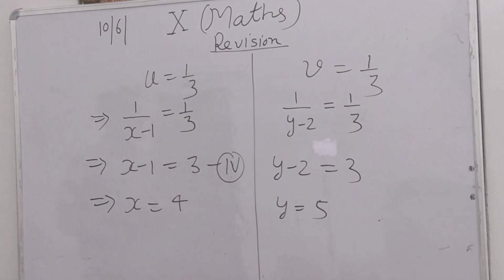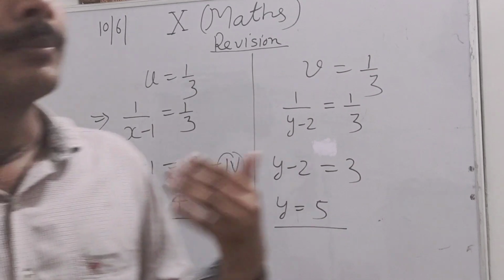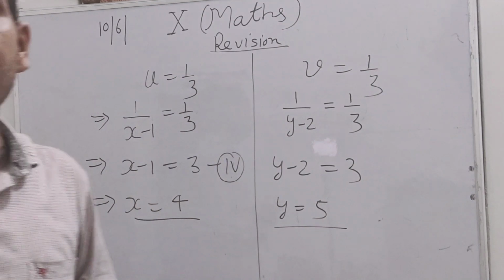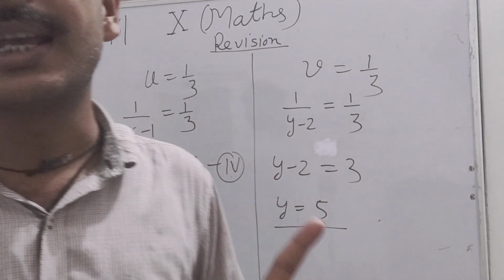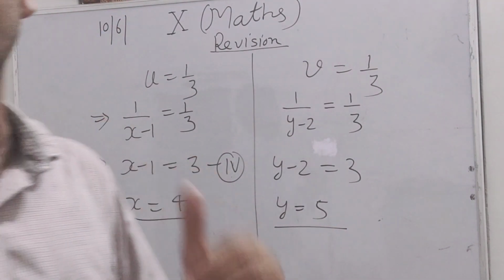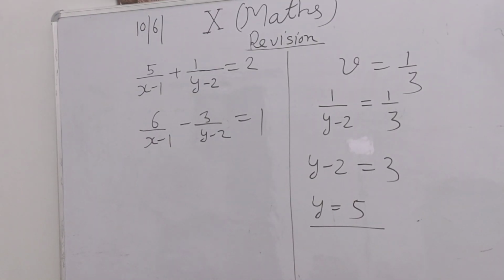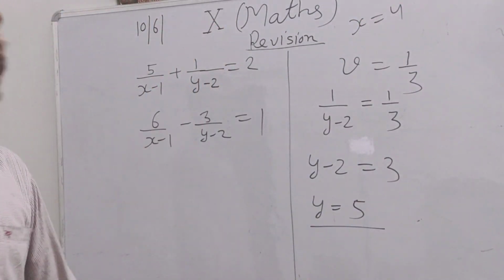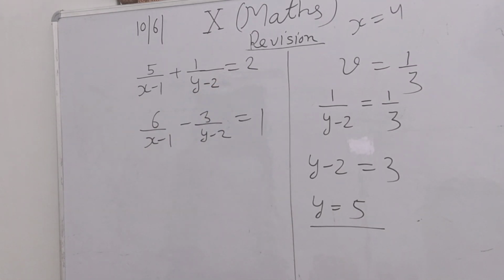Now we have to verify our answer from the examination point of view, that the answer we have obtained, we have solved, is correct or not, because in the examination it is very necessary to verify your answer so that no problem arises. Okay, so let's start how to verify your answer from the examination point of view. So the value of x is equal to 4 and y is equal to 5. We will put x is equal to 4 and y is equal to 5 in this equation.